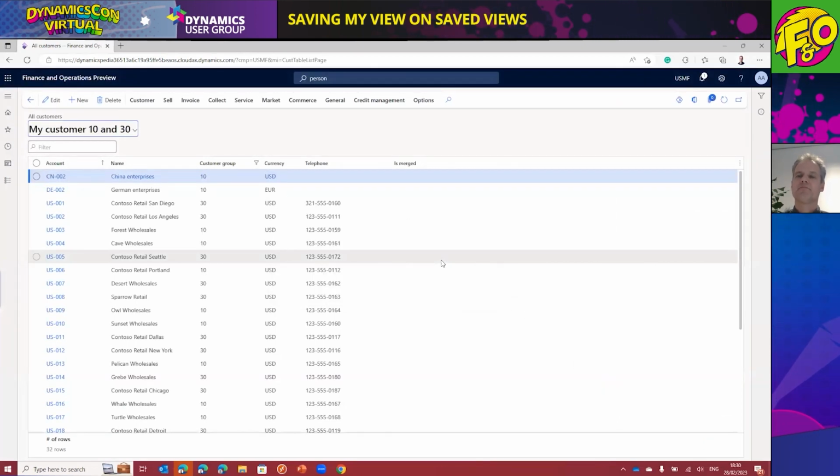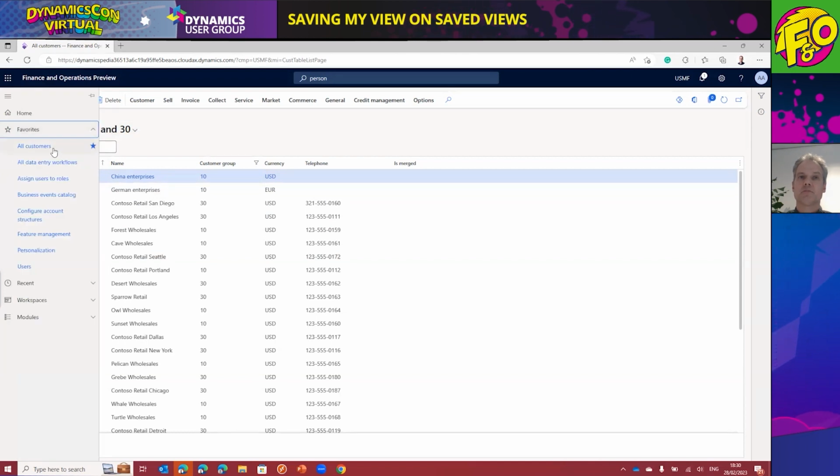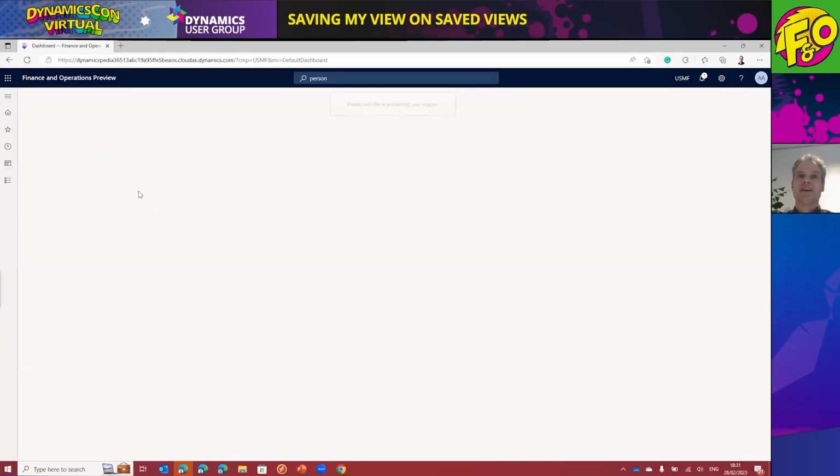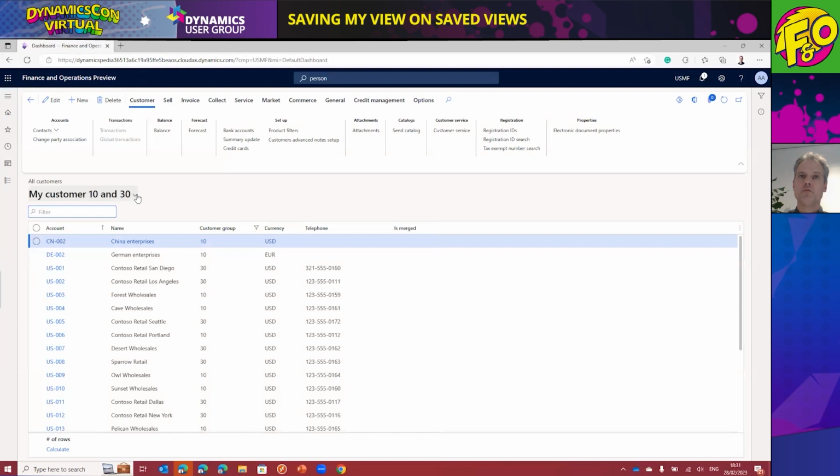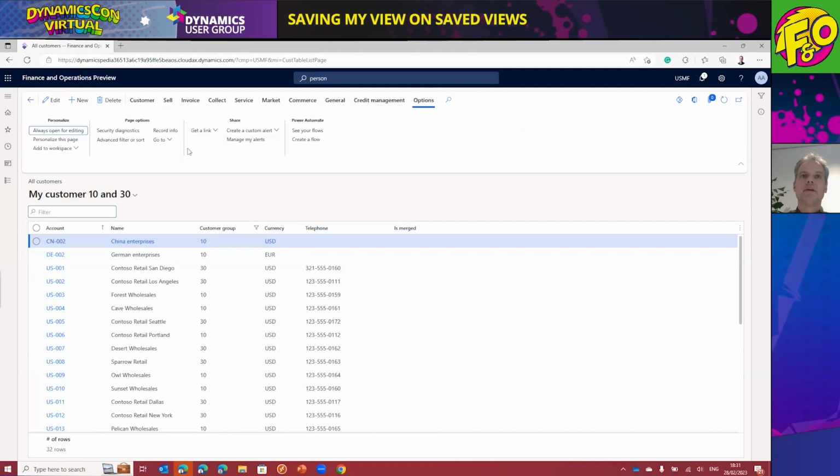10 and 30. Now in Dynamics AX 2012 it was possible to have multiple favorites for the same form, which is not possible here. At least we can have one favorite, and when we open the form have a default view. If you want to have multiple views on this, then it would be possible to add a particular view